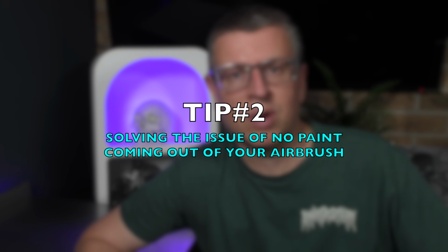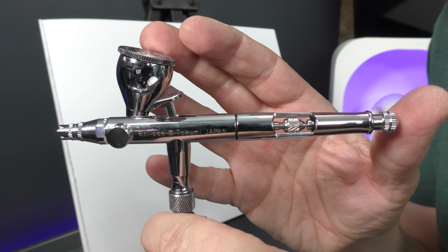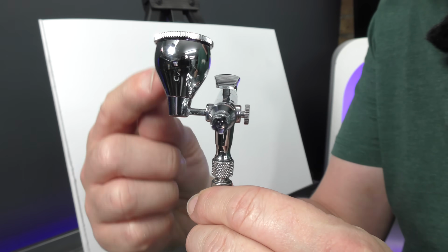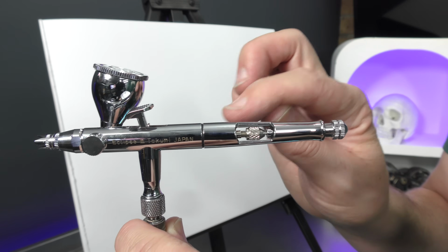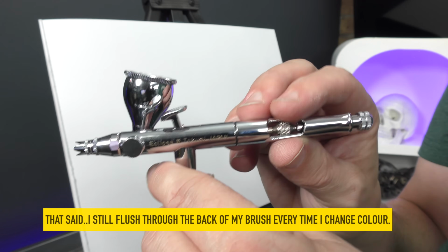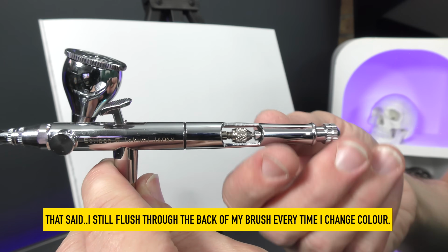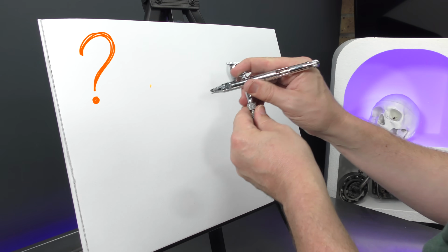Tip number 2, how to solve no paint coming out of your airbrush. Now this tip is quite a common issue that most beginners will have when they've gone to clean out their airbrush. They've flushed water or airbrush cleaner through the cup, then they've taken the needle out and flushed through the back of the airbrush just to make sure they've cleaned that rear section. This isn't always as crucial. However, if you do it, and if you also pull your airbrush apart and just manually clean it, a lot of people will go ahead and put it back together, press down for air, pull back for paint,